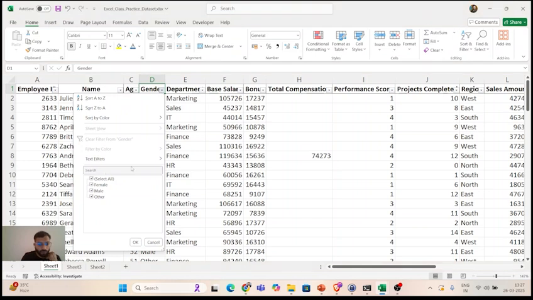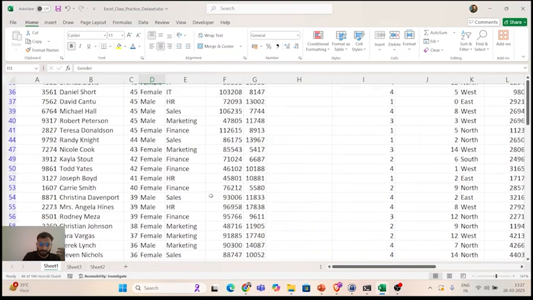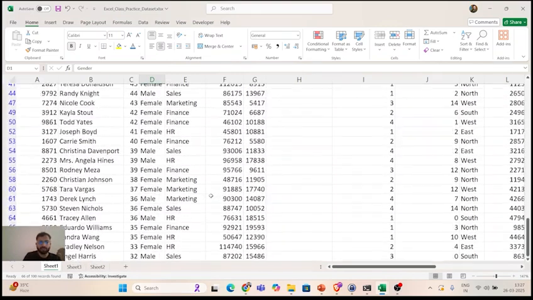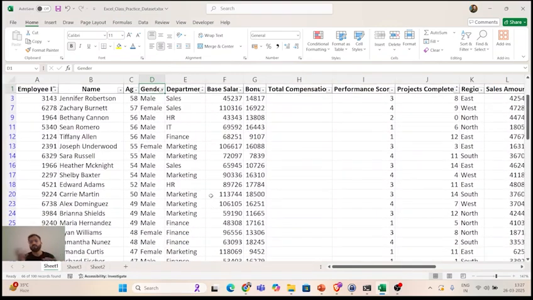Gender. Let's say if I want to see only female and male, I do not want to see the other genders. Okay. So let's say like this. Now we have only male and female data here. So that is how we filter the data in Excel. It comes under the Home tab, Editing group. Correct? So that is how we are completing the Home tab. I hope everything is clear till now.